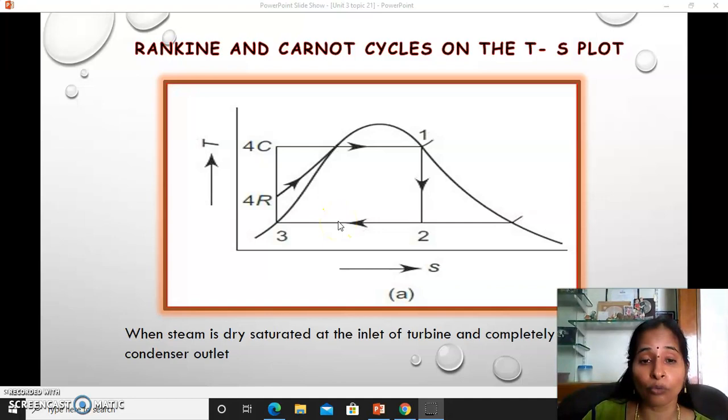Okay, if you simply add atmospheric temperature water and atmospheric temperature raw rice together, without increasing the temperature of the water, the time taken for the phase conversion of raw rice to cooked rice will be more, the heat taken from the gas stove will also be more, and the quality of the rice would not be as good as when she does it with increased temperature water. Okay, hope you have understood, students.